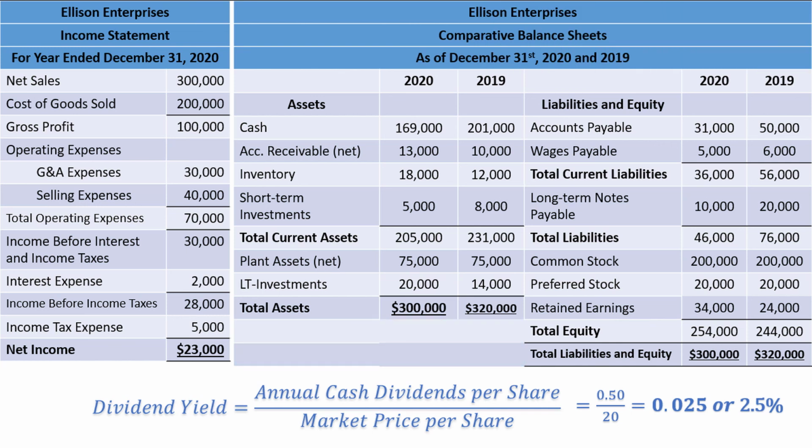Okay, that wraps up the last of the ratios we will be discussing. The biggest thing to remember is that what makes any given ratio good or bad is dependent on a variety of factors, such as industry standards, business model, historical trends within the company, as well as many other factors. So make sure to keep all of those things in mind when you calculate and interpret financial ratios.